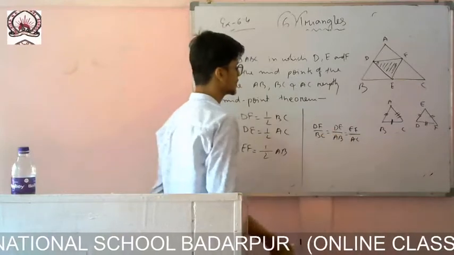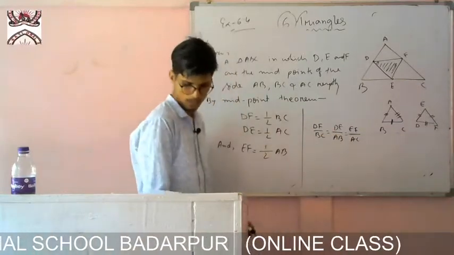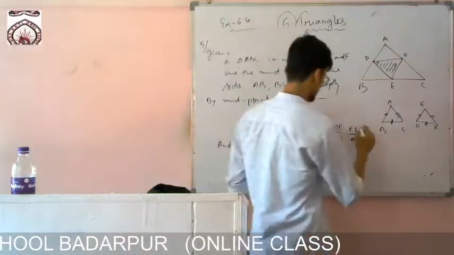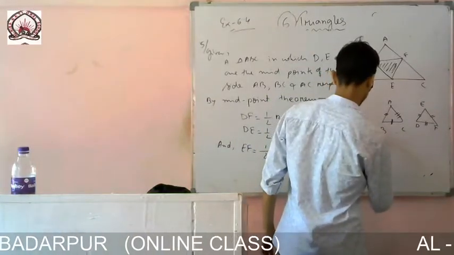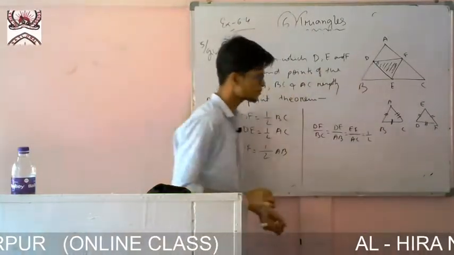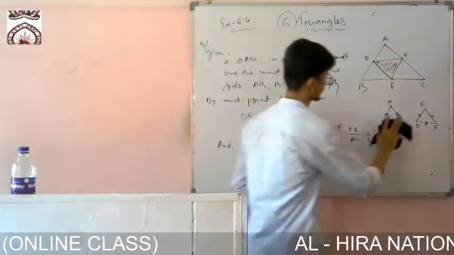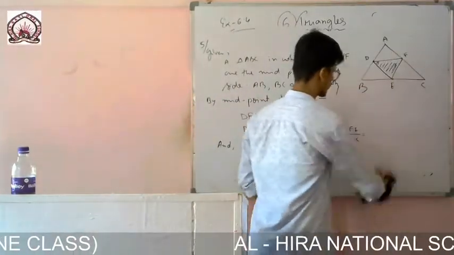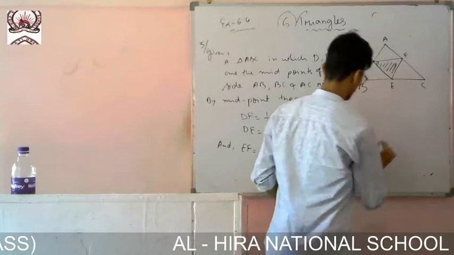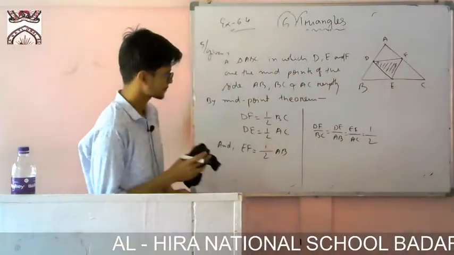Then DF will be cancelled, and the ratio, what will come? It will be equal to half. And if it is half,